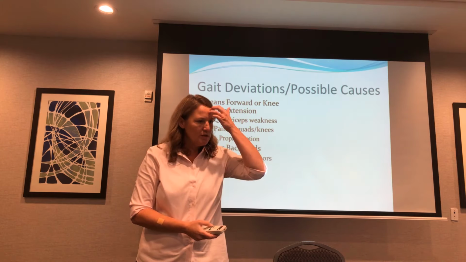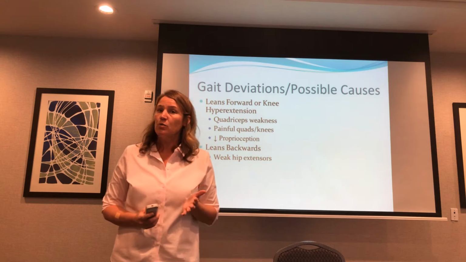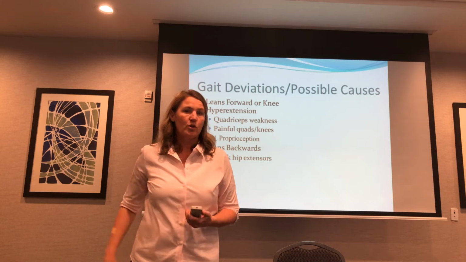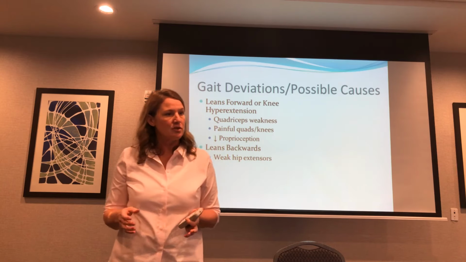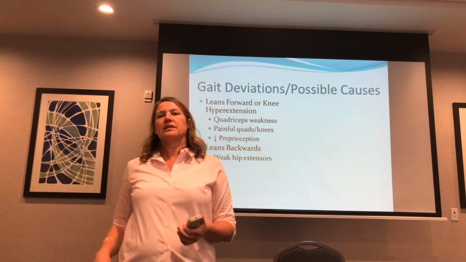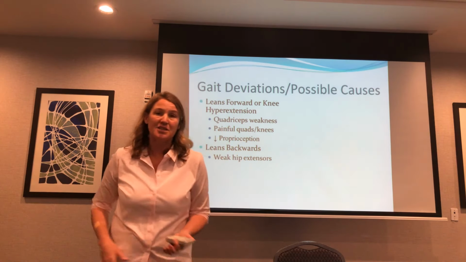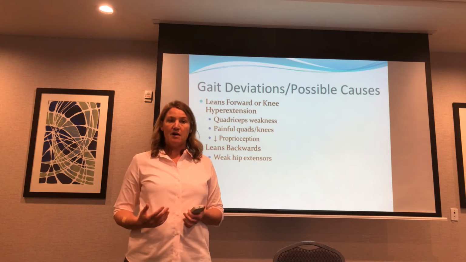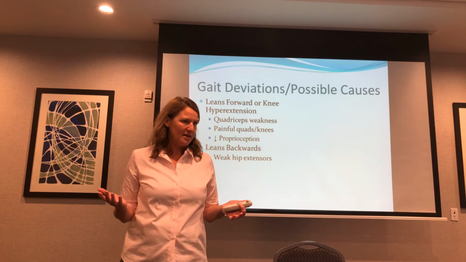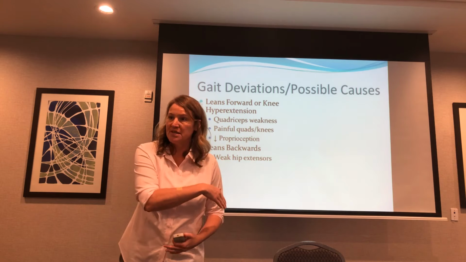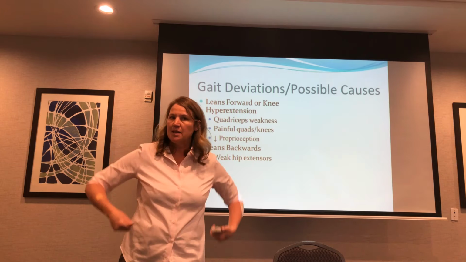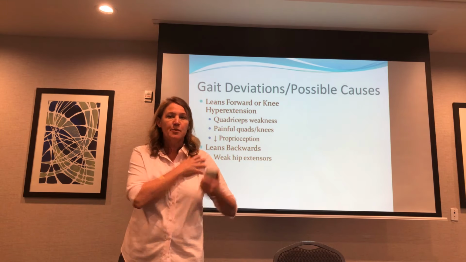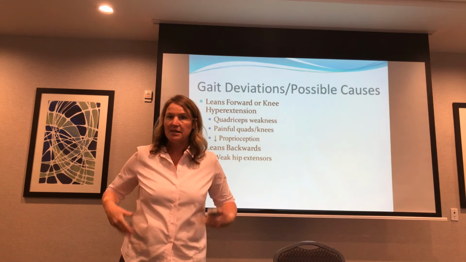Okay, so leans backwards. They may start out walking well and then all of a sudden they lean backwards. It could be weak back or hip extensors, or it could be fatigue. So they could do okay at first for a couple steps, and all of a sudden they're fatiguing, so they lean back in order to not. It's also a compensation mechanism that can be very useful in a paralyzed patient who doesn't have good glutes. They often will use that, and it allows them to walk independently. You just have to counter-produce that with safety measures. Just like anybody in a wheelchair, they may be great in a manual wheelchair, but you've got to counteract that with appropriate exercises every day to prevent injury.